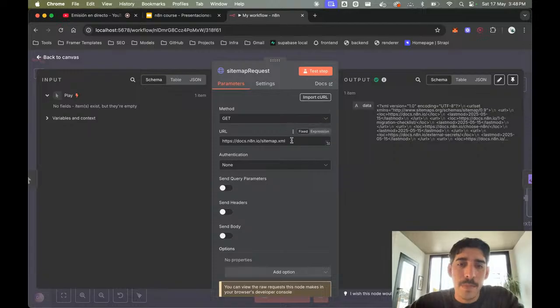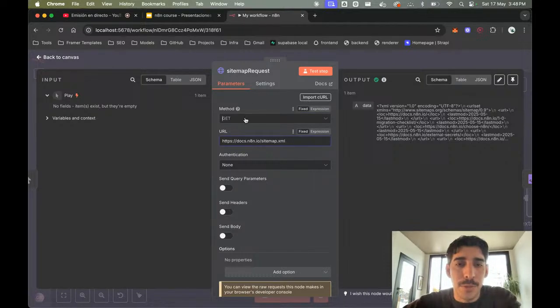Sitemaps are files that you can place in your website to tell web scrapers like Google what the structure of your website is, so they can scan it better and make it show up in the search results much better.